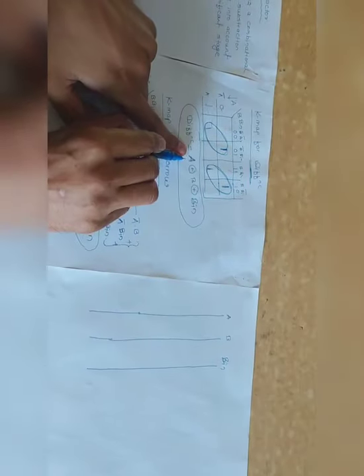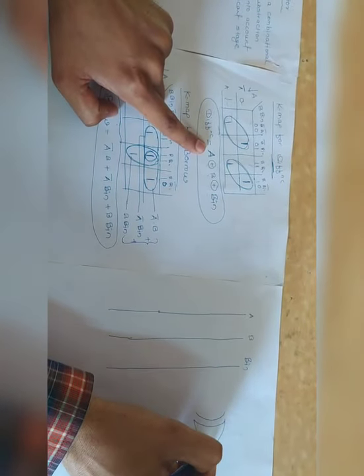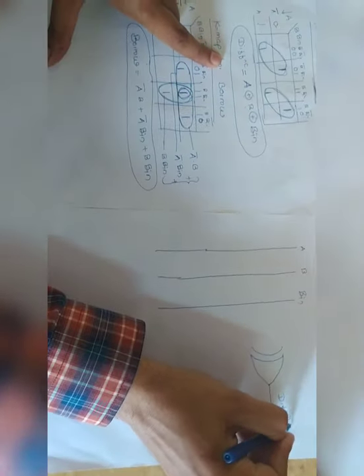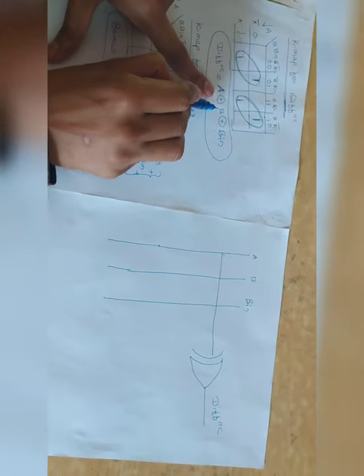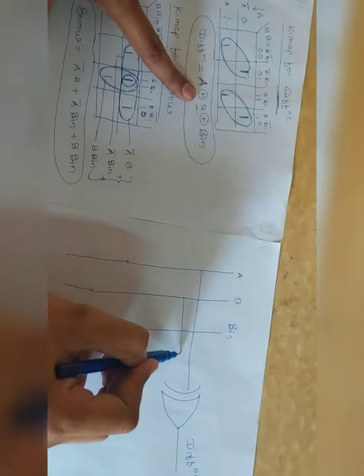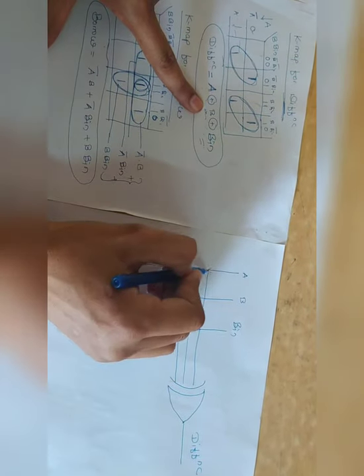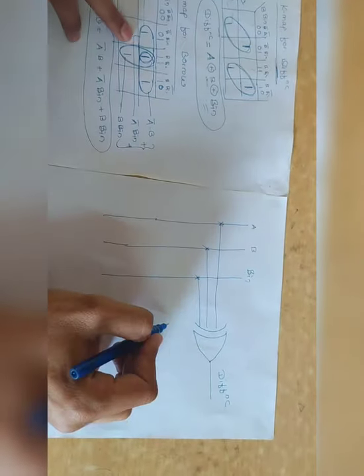Okay, now the very first, this is my simple XOR gate. A XOR with B, XOR with what, B in. So this is my XOR gate for what, for difference. So A input, you can see here, B input, you can see here, B in, right? These are my three inputs. You can show like this, it will get easy to understand.